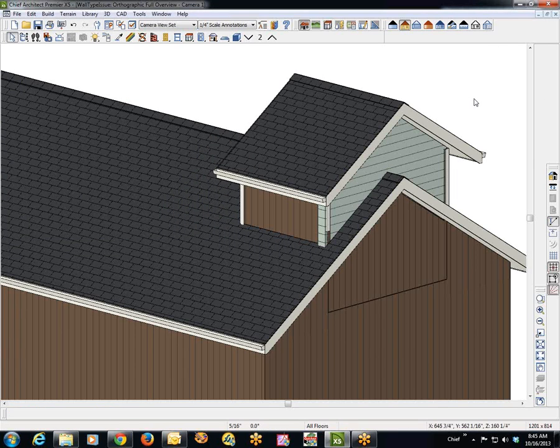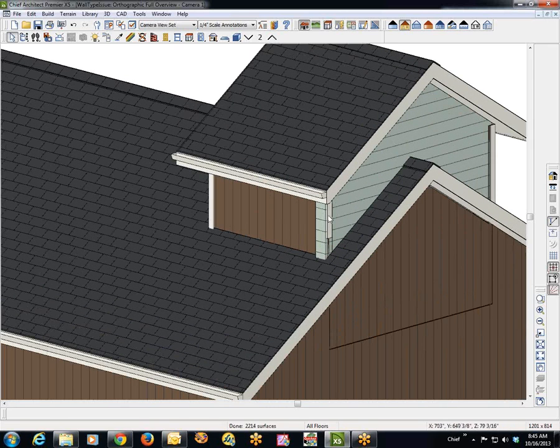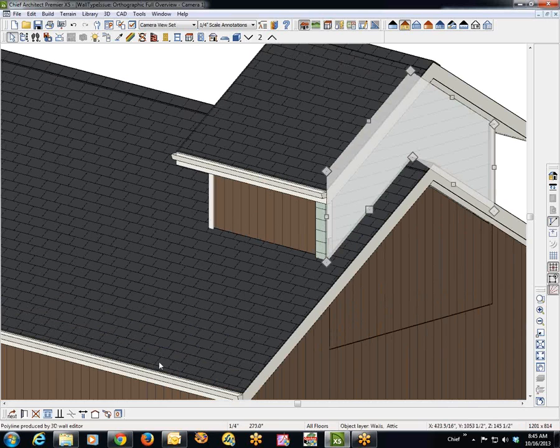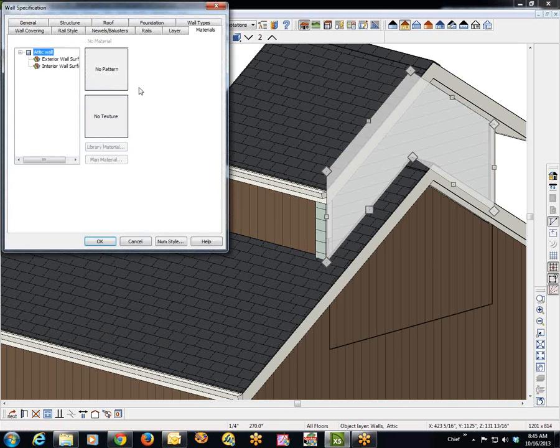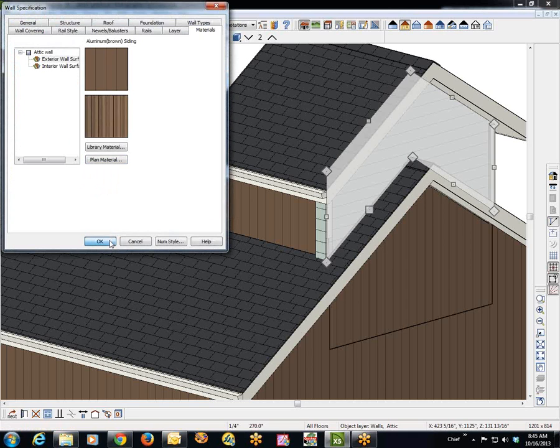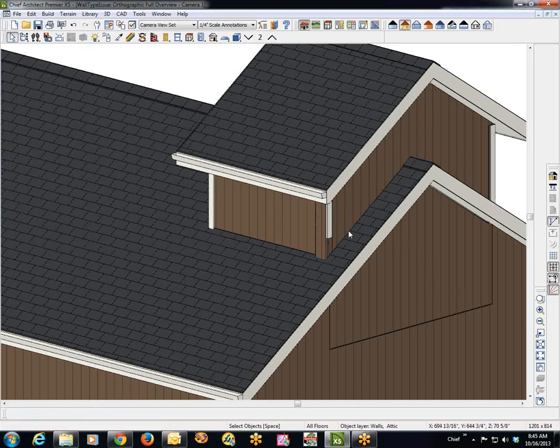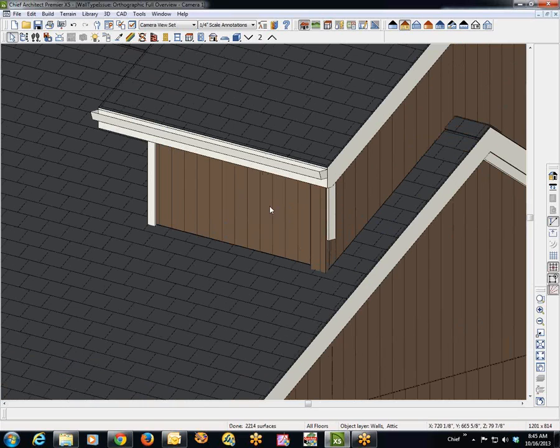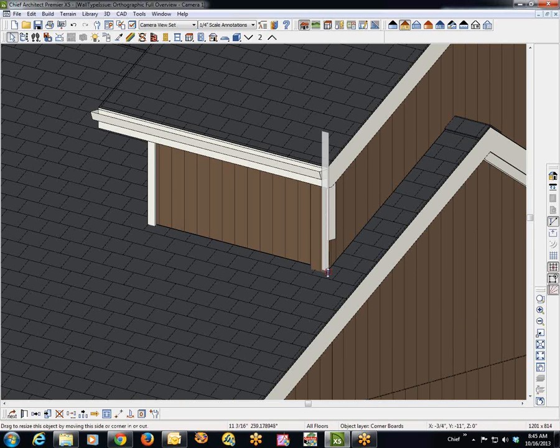I don't know why that wouldn't work. And you can see there's a little bit of an overlap here. Let's click on this one, open it up. I'm going to do the same thing. Plan material. See what happens. Okay. So we've got a little bit of an overlap here because this is a wall that you drew and this is a wall that's automatically generated. They're not linking together and covering up the corner trim a little bit,